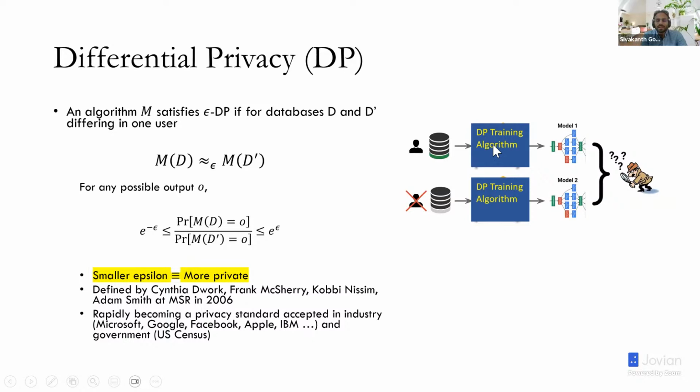We say that this algorithm is epsilon differentially private if, on neighboring databases, by which I mean you take a database and you change only one user's data in this database,